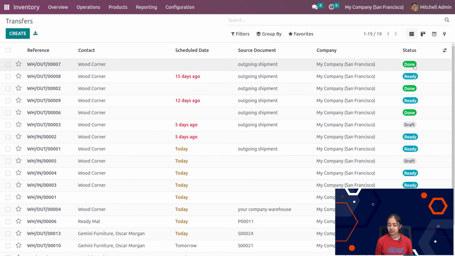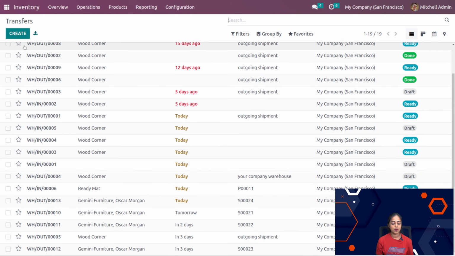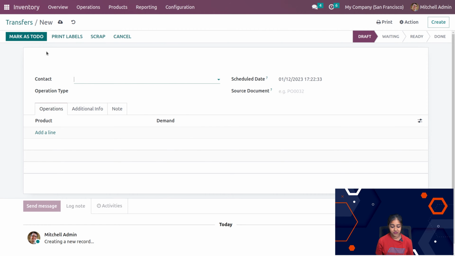So you can see different statuses like done, ready, draft, waiting, and all. So from here you can create transfers. So I'll talk about transfers also in detail. We have the batch transfer, wave transfer, and all coming. So it will come only after we reach the configuration settings. So you have to enable certain things inside the configuration settings, and only after that, that menu will appear under